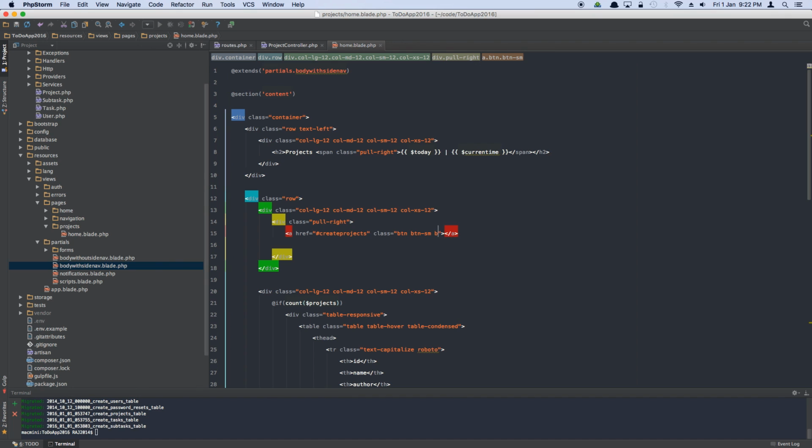Now I have created custom classes in this CSS, so we'll use btn-green, and the data-toggle is of course modal, and we'll call it a new